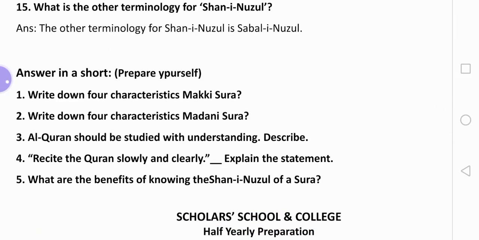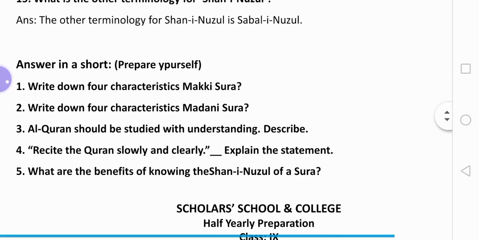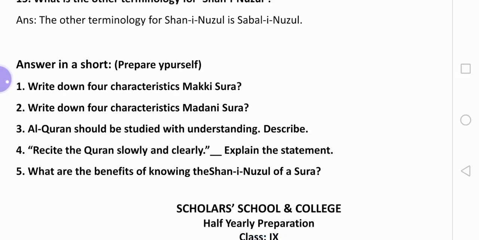Write down 4 characteristics of Makki Surah, which you think are very easy. You may make a short note on the characteristics of Makki Surah. And number 2, write down the 4 characteristics of Madani Surah, the same as for Makki Surah. Number 3, Al-Quran should be studied with understanding. Describe. Already we have discussed in our lecture that we don't only recite the Quran, but we have to understand it. That's why we have to know the inner meaning,